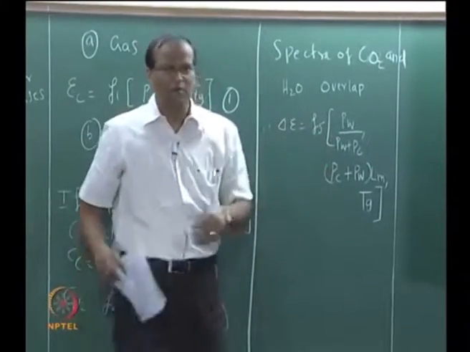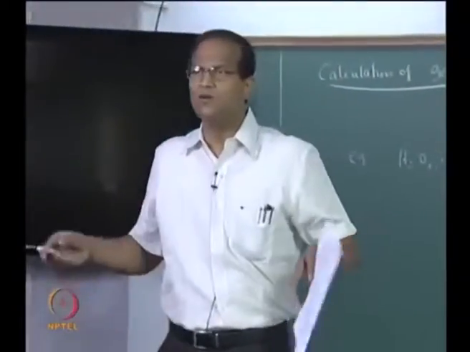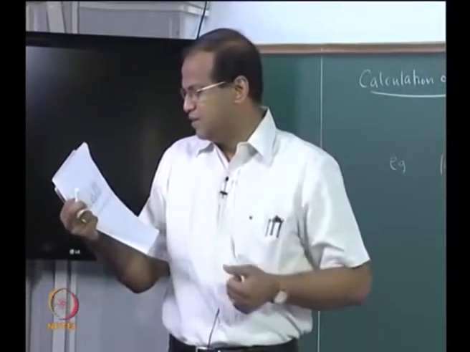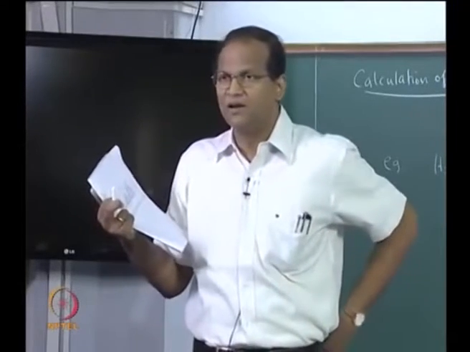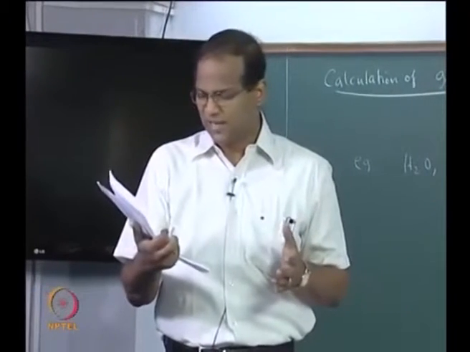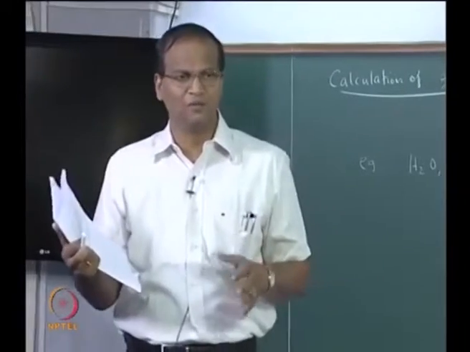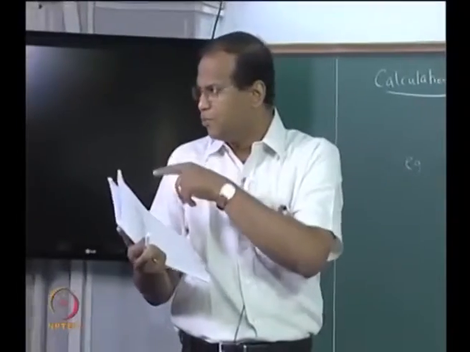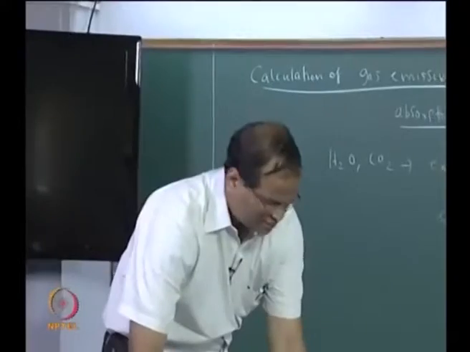Now it is available only for 3 temperatures. Suppose I give you a temperature which is in between, so you have to take 2 charts and do a linear interpolation. Are you getting the point? What are the 3 temperatures for which correction is available? 400, 810 and greater than 1200. So if I give you greater than 1200, straight away use the third chart. Suppose I say the gas temperature is 650 or 945, 950 Kelvin, then you are in trouble. So you have to read from both the charts and interpolate. So finally epsilon g.